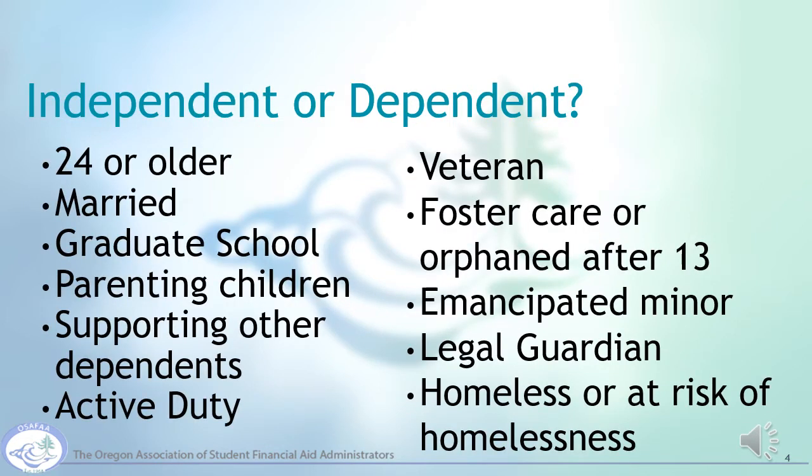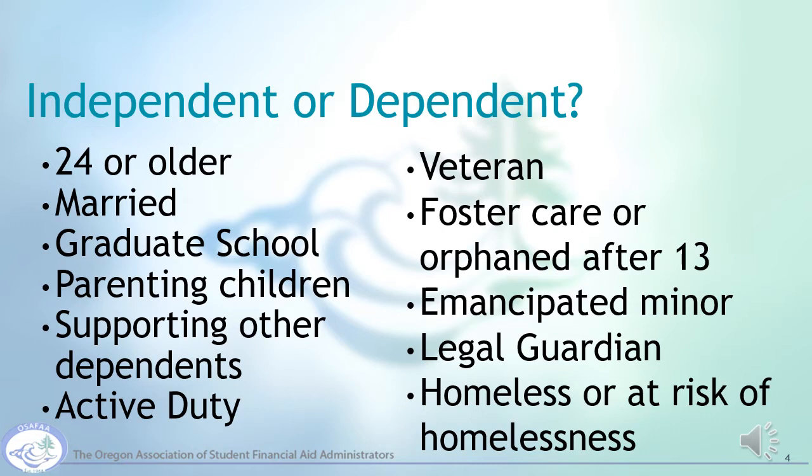There's a lot of text on this one slide, but determining whether or not a student is independent or dependent can be somewhat complicated. The FAFSA and ORSAA provide a series of questions to determine if the student is considered independent versus dependent for financial aid purposes. The responses to the questions on this slide determine the student's dependency status, and in turn, if the student will be required to report parental information on the FAFSA or ORSAA.